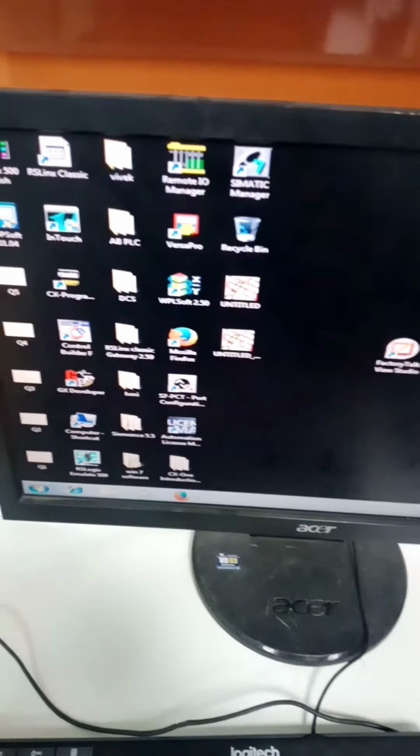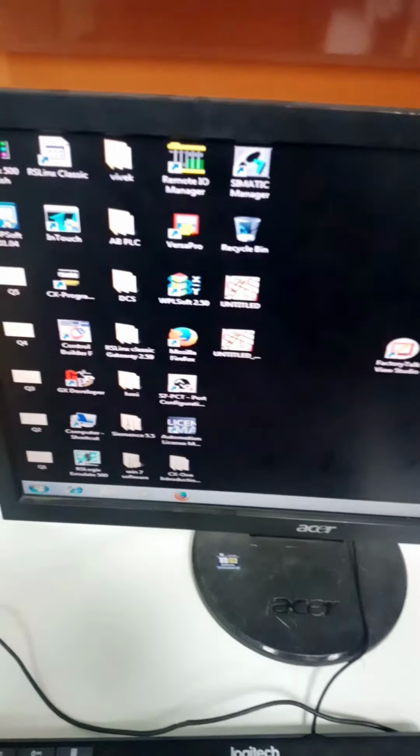Then open the RSLogix Micro English programming software. Here is the ladder logic software, where we can make the program that can be uploaded to the PLC. There is some issue coming, so we open the Wonderware InTouch SCADA software. Here we take a new window and give it a name. I am giving AJ, then click OK.